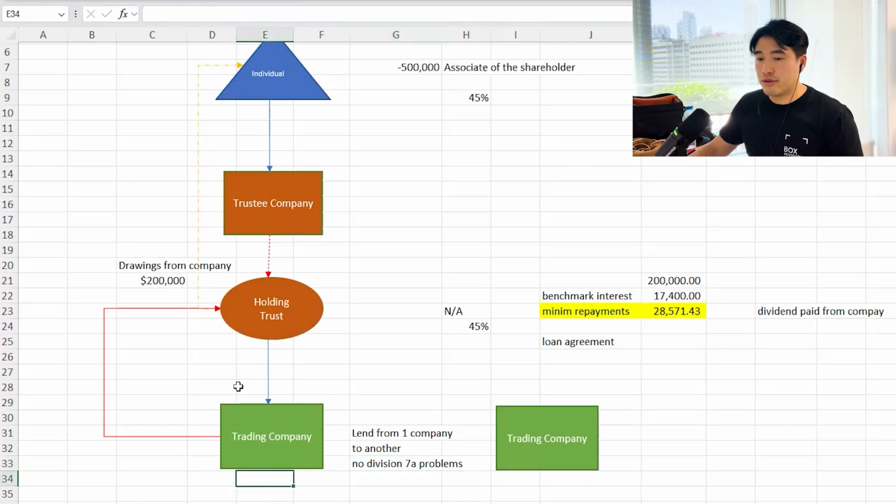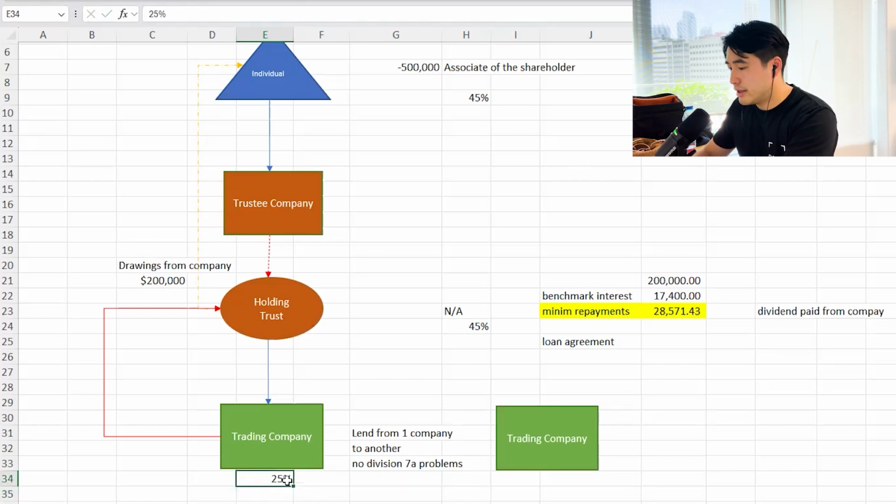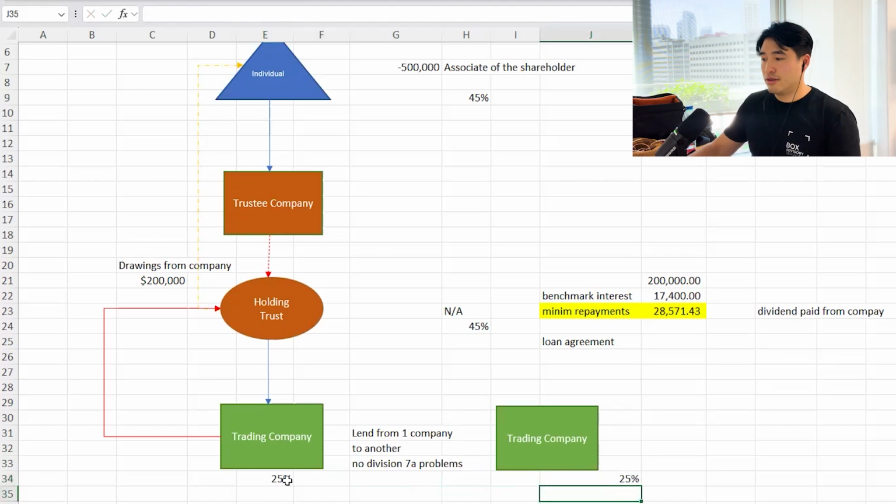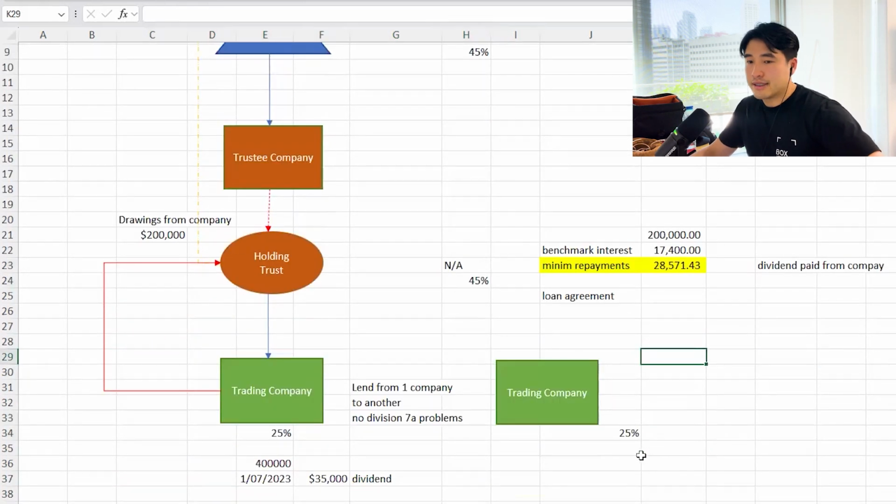Why do you think there are no problems? Because the whole point of Division 7A is to stop you escaping the extra top-up tax. So what's the tax on a company? 25% or 30%? What's the tax on the other company? 25% or 30%? The ATO can't use the rule that you're trying to avoid tax. You already paid the taxes. So when you borrow money from one company and lend it to another, no problems whatsoever. Cool. That's the quick answer.